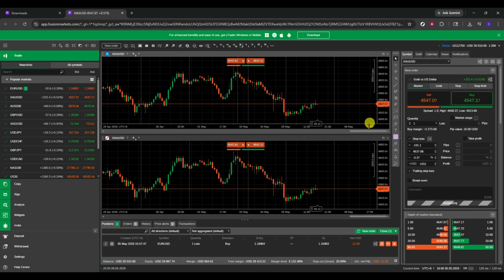That's it. You've navigated from trading accounts to downloads, launched the web platform, selected a symbol, chosen buy or sell on the right panel, and placed your order. Repeat these steps with different symbols and